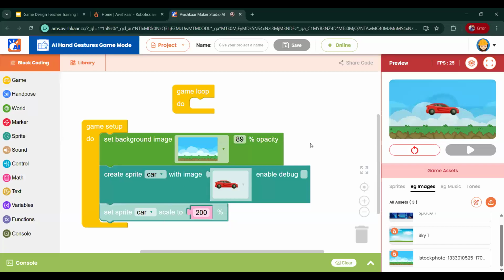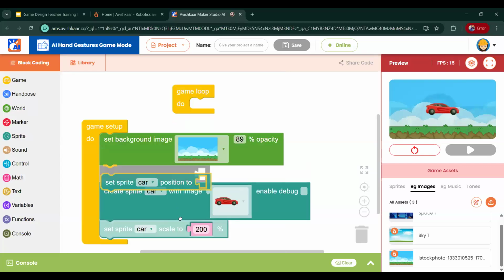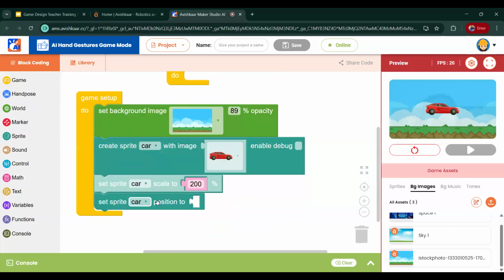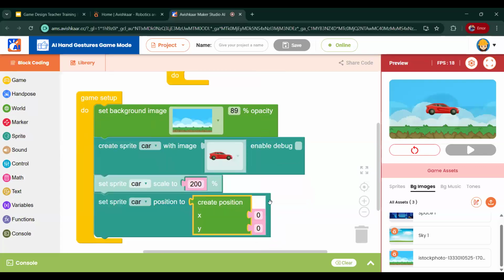After completing this much, I don't want my car to fly in the sky. I want it on the ground. So I'll keep my cursor here, and I can see the X value is something like 400, and my Y is also 400. So one thing I can do here is I can go to sprite. I can take the section where I have the option to set the sprite position. I'll take this block, and from the world section, we have the option to create the actual position where you want to place the sprite. Either you can write the value here, something like this,